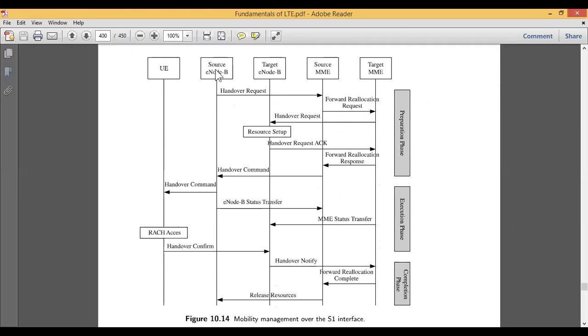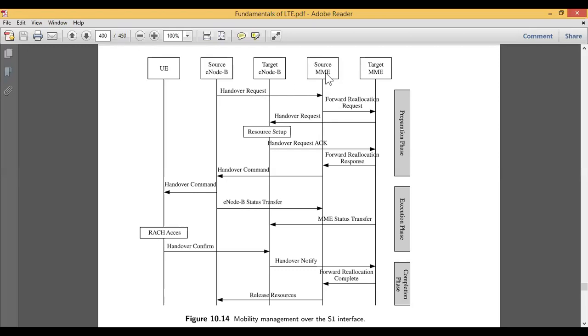First, from the source node, a handover request is sent. You can see here from the eNode B, one handover request has been sent to the source MME. The source MME is nothing but the mobility management entity. This mobility management system is responsible for handling calls, like handover of calls.